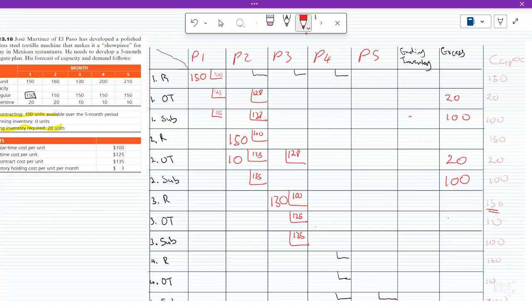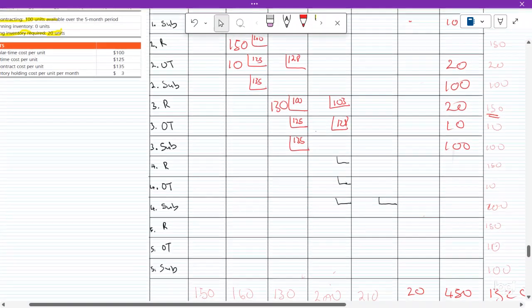There is a 20 here from the 130. There's a 20 and there is a 10 and there is a 100, and there's a chance that this one we might use it. 103, 128. Then